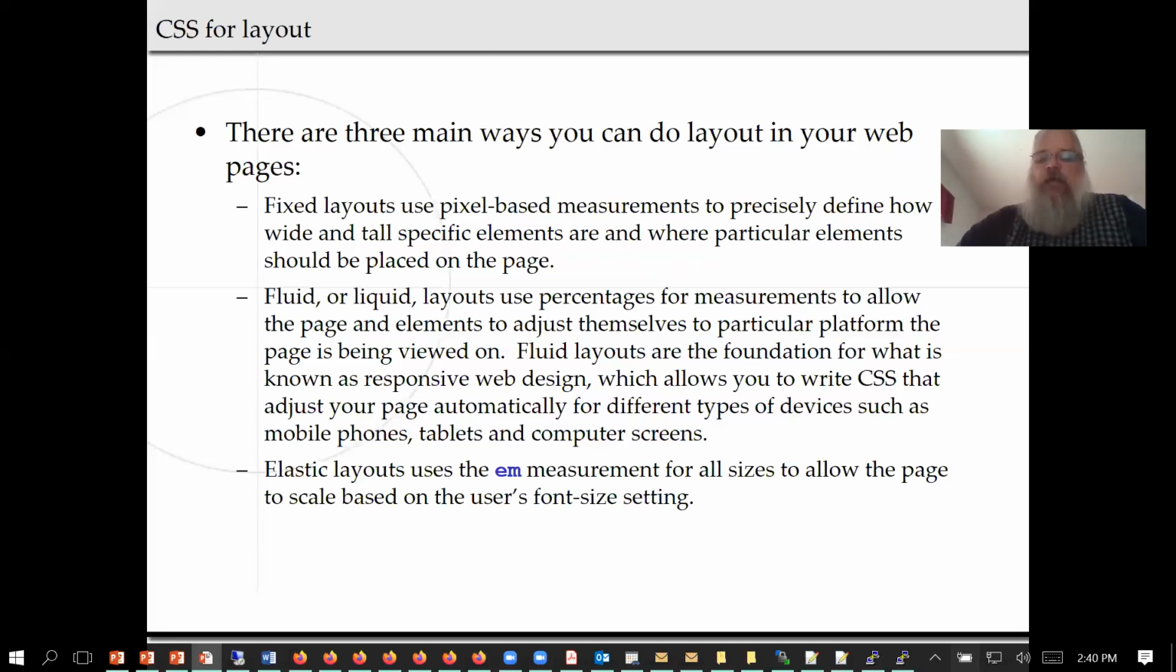Finally, there's a type of layout that uses the M. Remember, that's the width of the capital M in a particular font. Basically, that is called an elastic layout